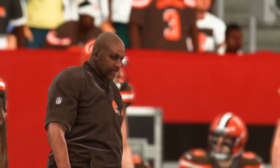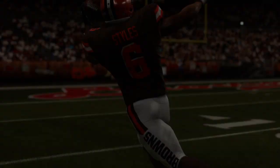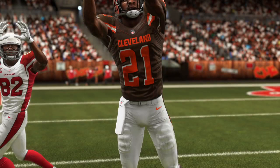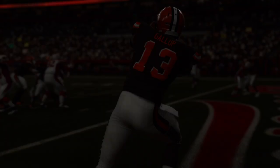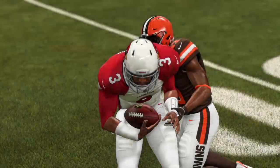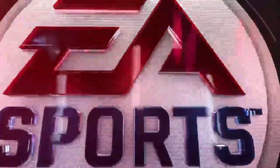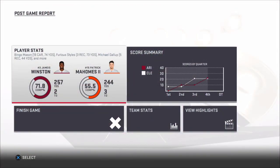A road win in the National Football League. Charles, you never take that for granted. No matter where you're playing, you take it and you run with it. And you prime the pump all week in your own home facility. No one thinks we can do this. Only people who believe are right here in this room. And then you go on the road, band together, and get it done. So for the Cards, they move back over 500 now at...